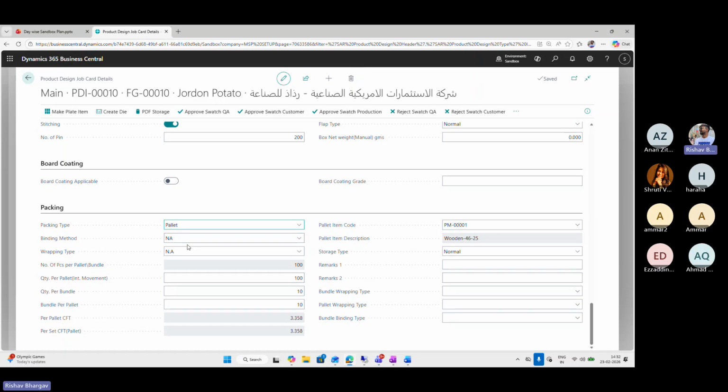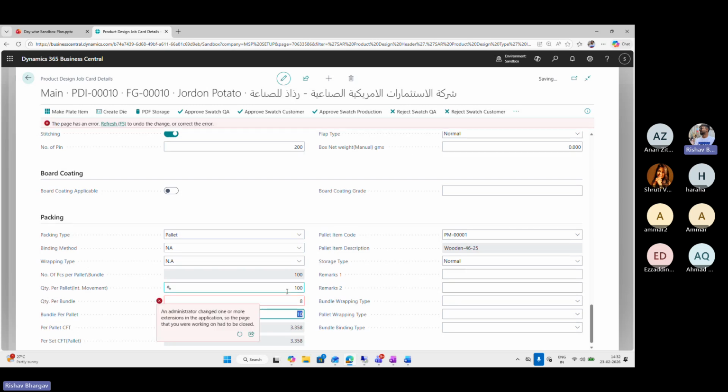If you have selected the pallet, you need to fill in the number of pieces per pallet or bundle. It will be calculated by quantity per pallet. If you write quantity per pallet is 100, and quantity per bundle is 8, then it will be